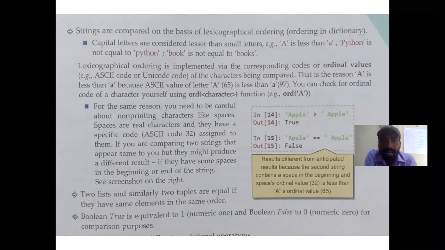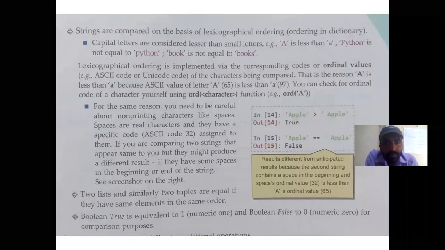In ASCII, the value of capital A is 65, while the value of small a is 97. That's why capital A is considered less than small a. Is it clear? Have you all understood? Yes, sir.